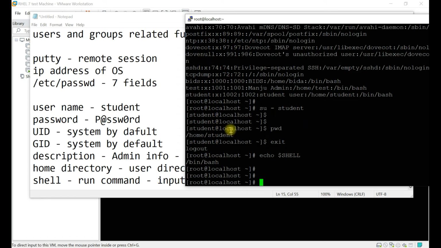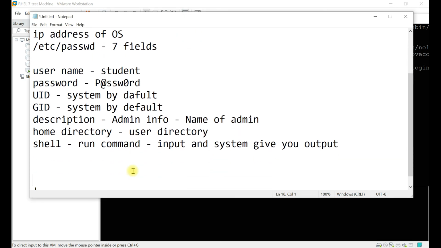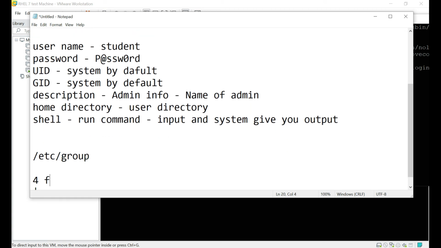Next we will move to etc group file, which is /etc/group. So here we have 4 fields.